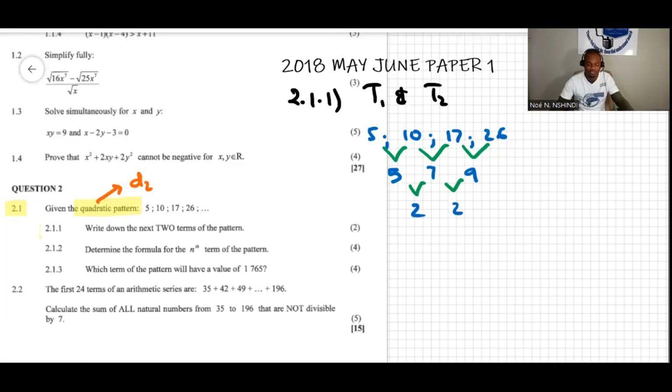Now we can continue, then find the difference here must also be 2. The difference between 9 and the next term will be 2, so the term must be 11. And then here also 2, the term here must be 13. So there I can find